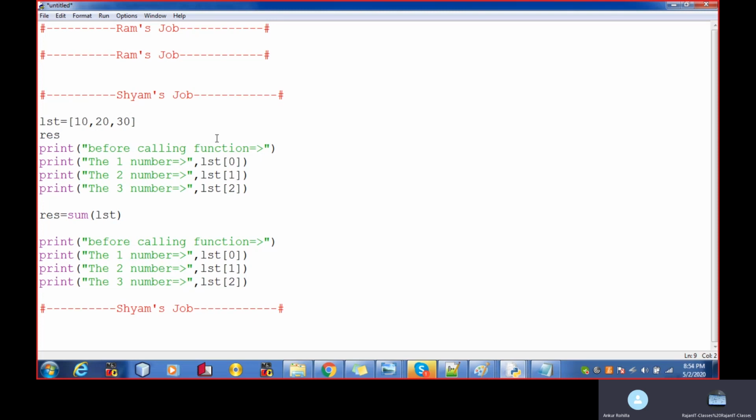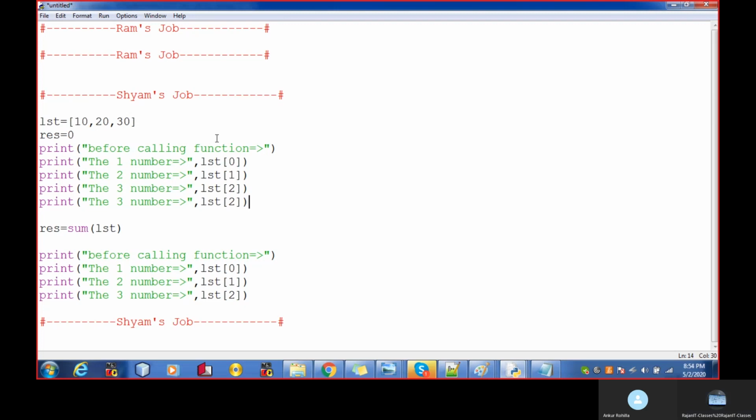As the result is here as of now 0, for calling the function, the RES is the name of the variable.